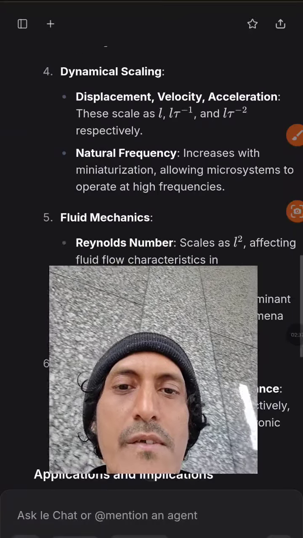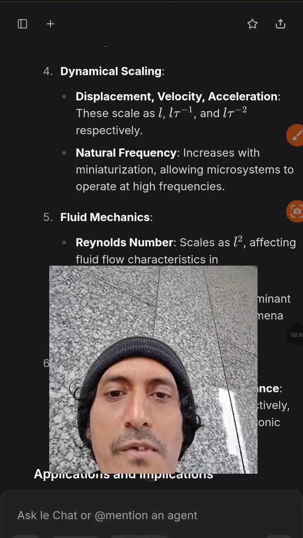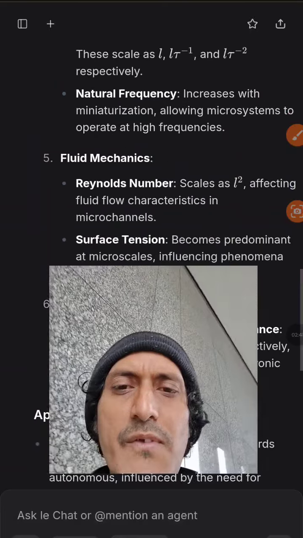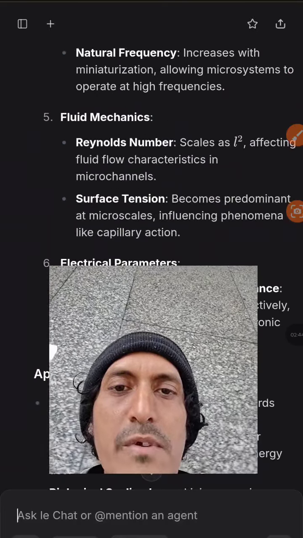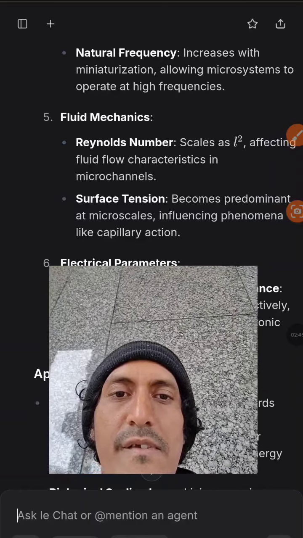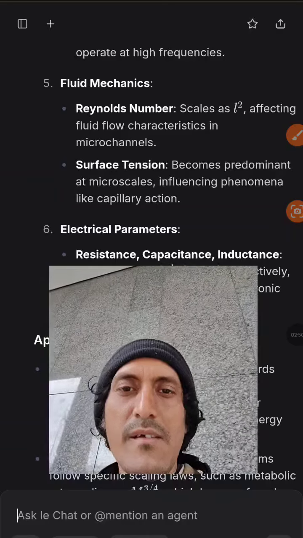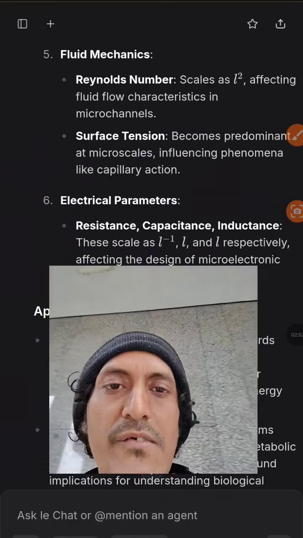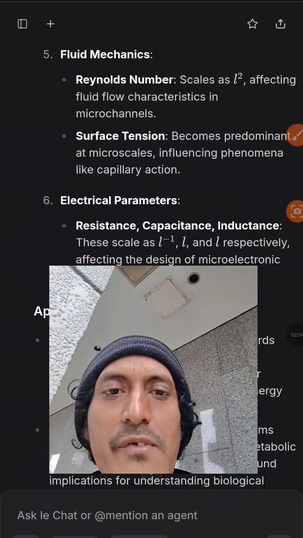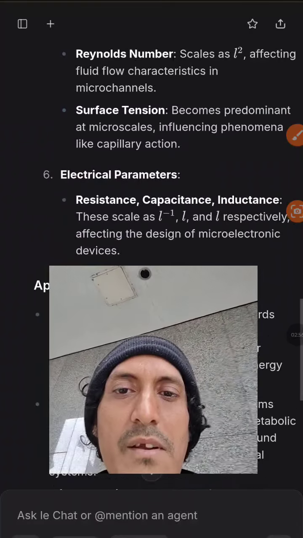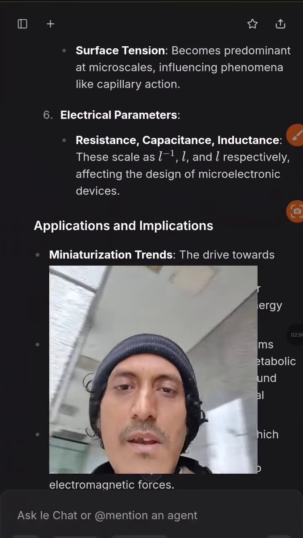Natural frequency increases with miniaturization, allowing microsystems to operate at very high frequencies. We have in fluid mechanics, Reynolds number scales as L squared, affecting fluid flow characteristics in microchannels. Then we have surface tension, predominant at microscales, including phenomena like capillary action. Then we have electrical parameters,